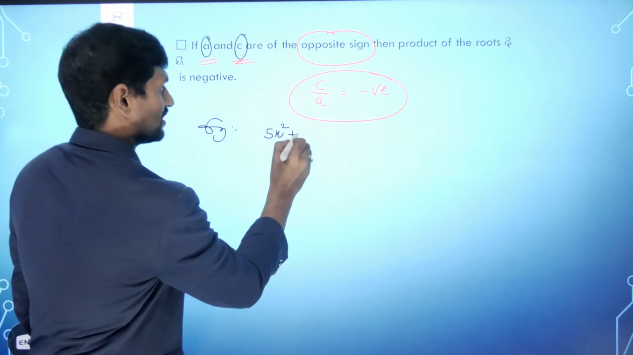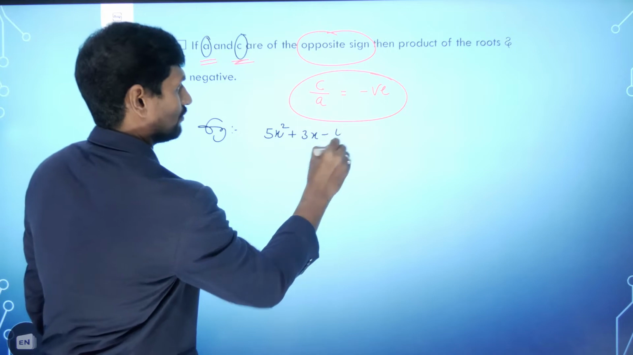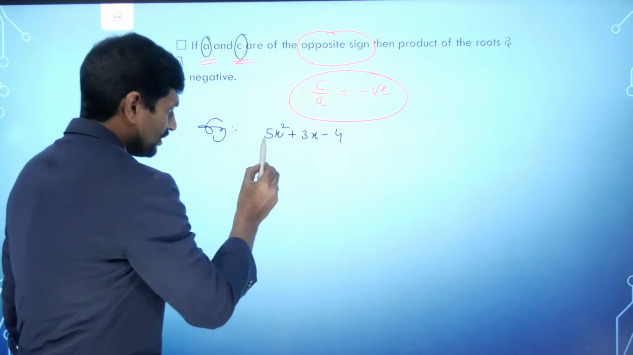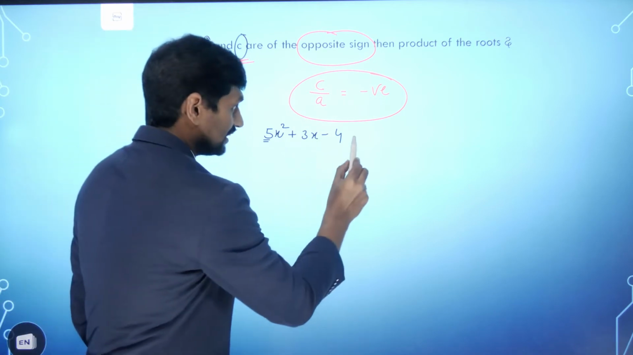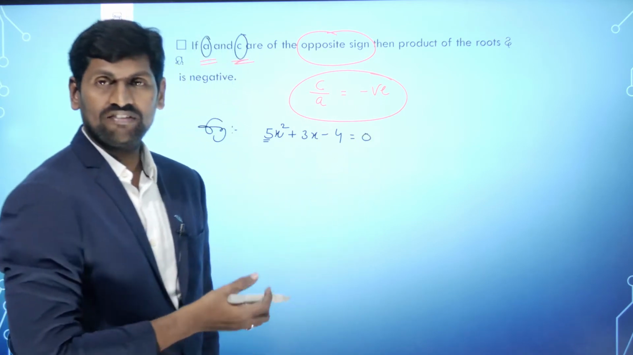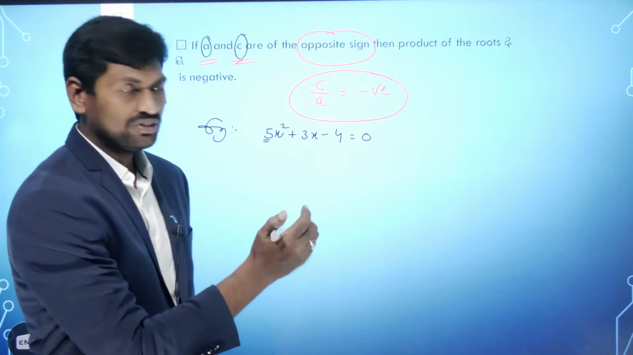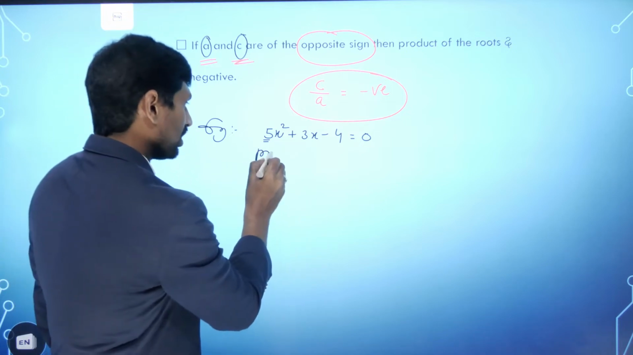5x square plus 3x minus 4. Here, a means what? The x square coefficient is positive 5. The constant term is minus 4. So the a value is positive and the c value is negative. Then what is the product of